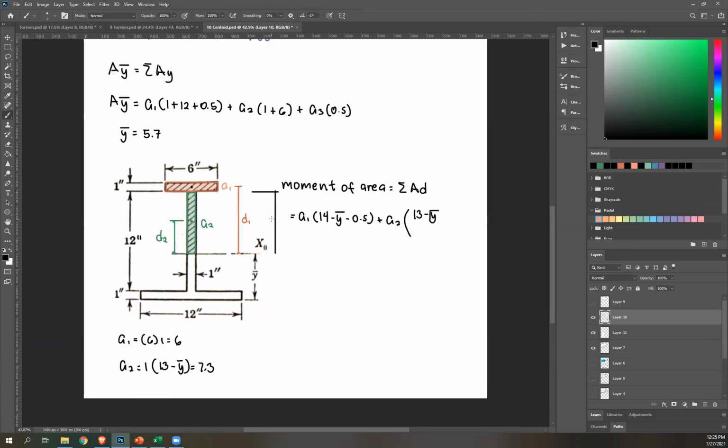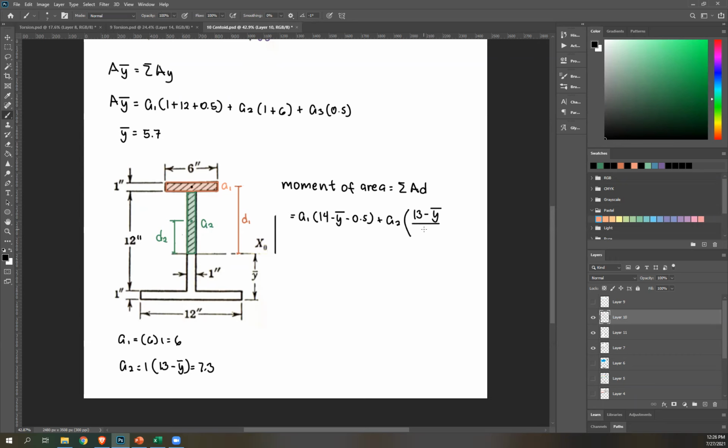And now I need to get this. I need to subtract this, okay, to get D2. And this is just half whatever this total height is, right? Or we can, yes, we can write it as whatever this height is divided by 2, since these two are equal. So 13 minus y bar